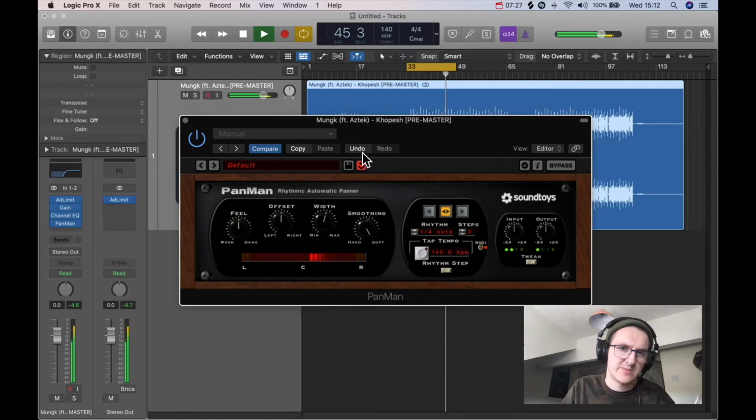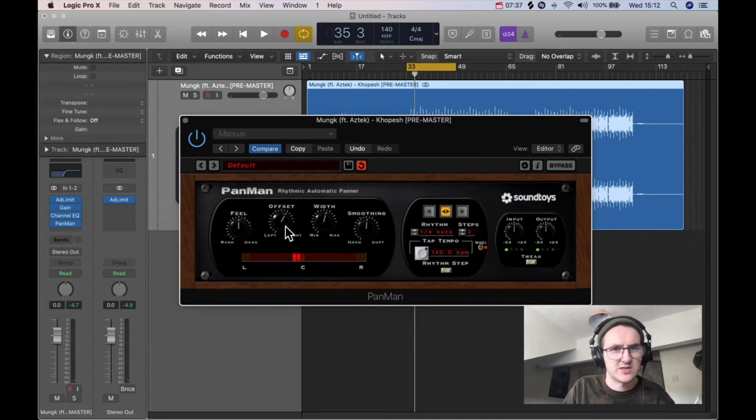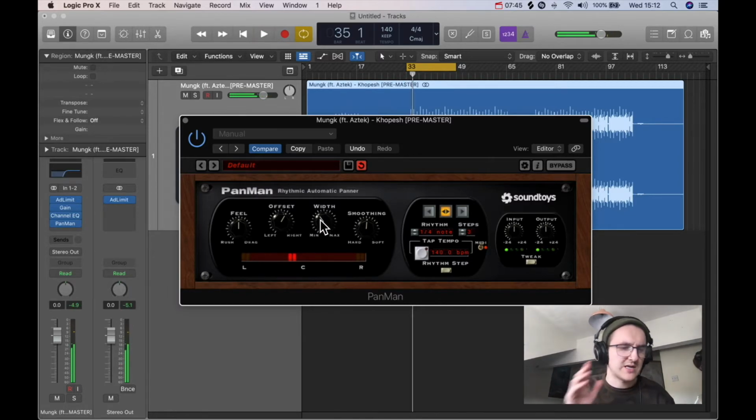Move it smooth so it moves through in that way rather than just jumping across. Offset, so just more to the left or more to the right. And sometimes I do this with hats, I'll usually bring the width quite in so it's more around here, because I don't want it to go too far off, because you want your mix to still work